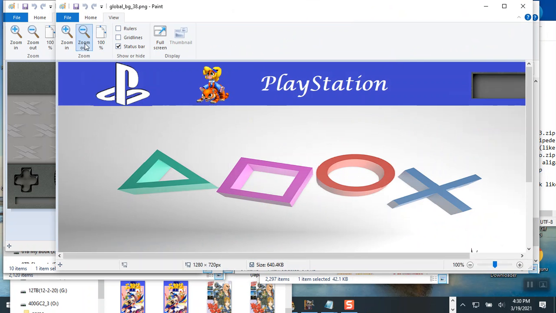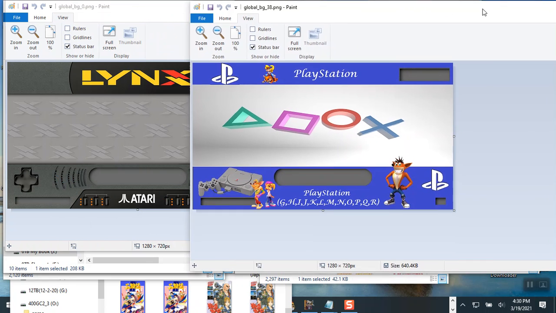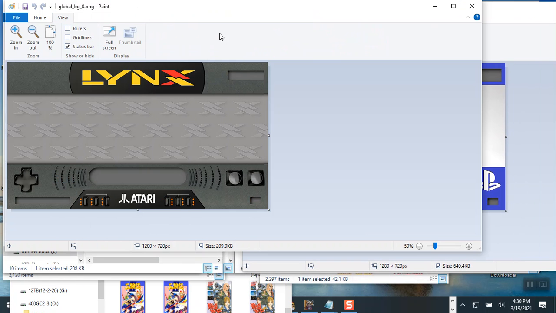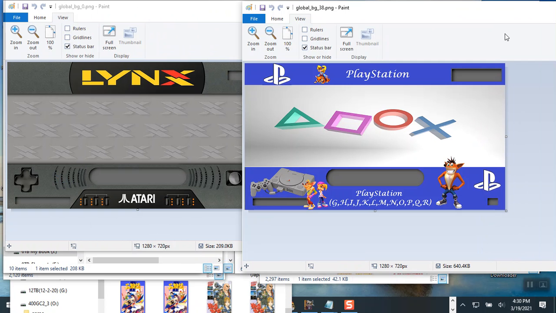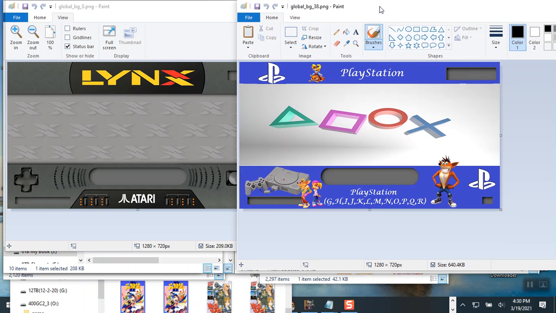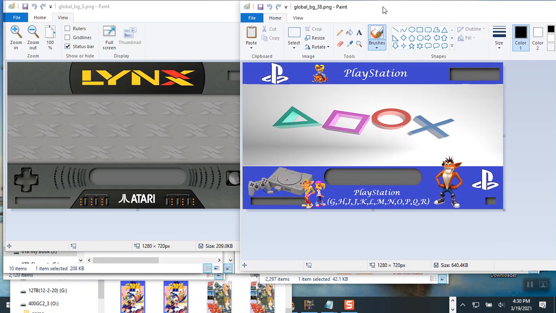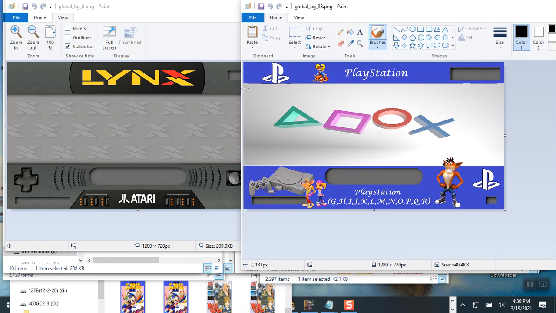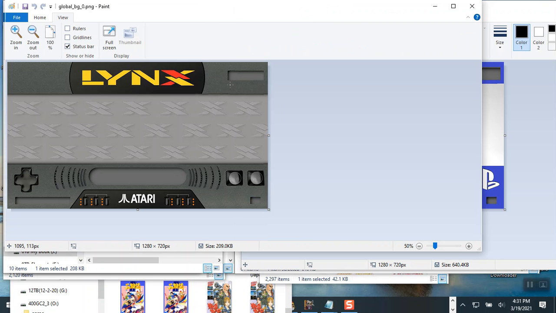Gonna view, zoom out. Okay. Now we got the pictures side by side, so we could fix this picture problem. This is a lot smaller than his, okay? Because I have a description, he doesn't. So we have to move this up to here. So up to close to where the line is, close to here. So what we're going to do is take this,